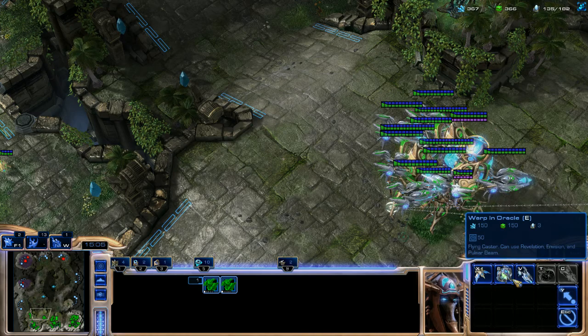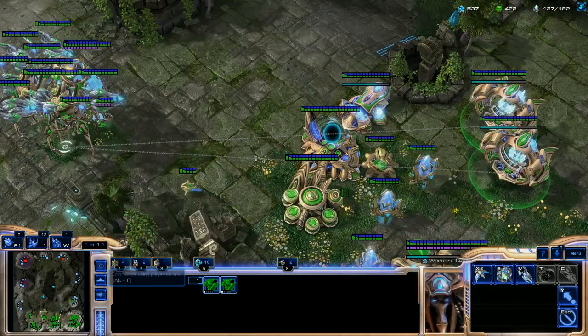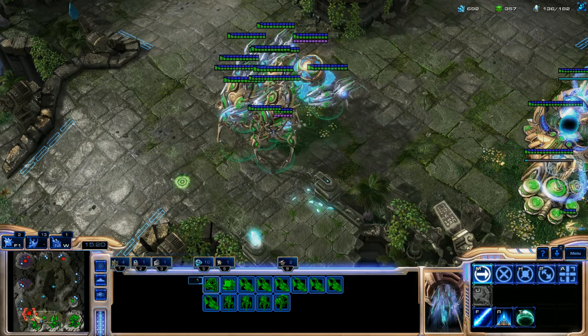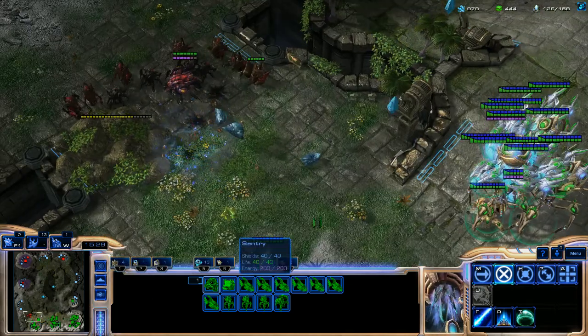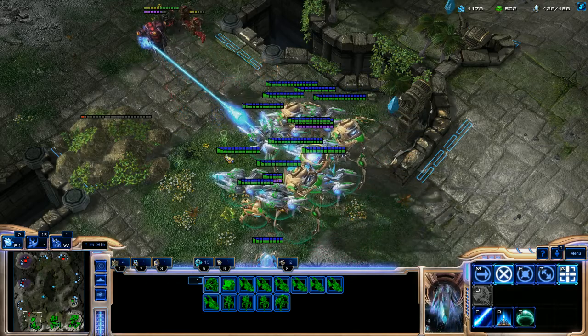Ling run bys are really bad because this is quite an immobile army, so you don't want to have that as an avenue that he can push easily. You see, he comes back again, killing my pylons. Now here's where I do have to play well, because he does have enough Hydras to do significant amounts of damage,